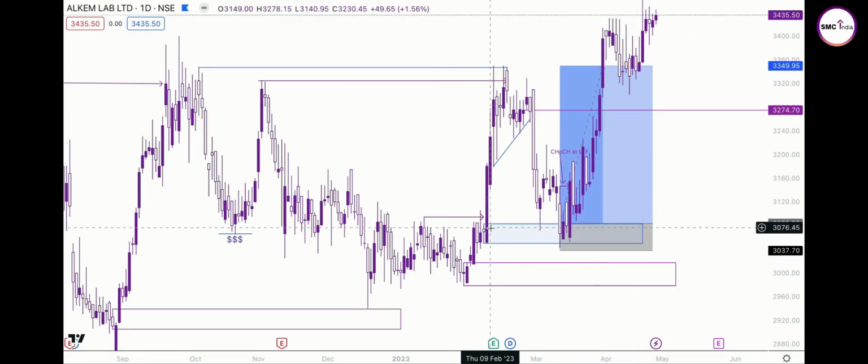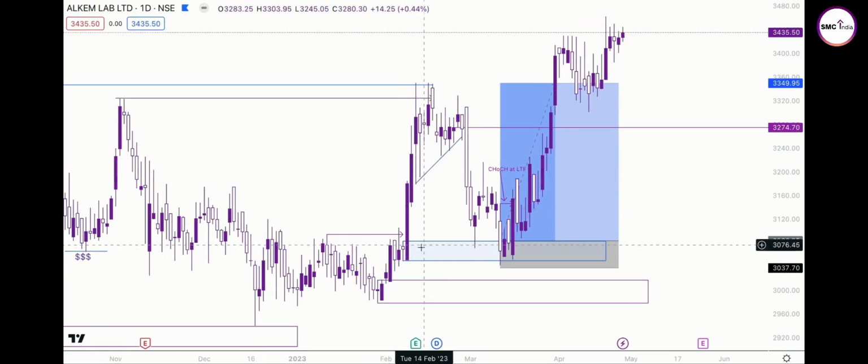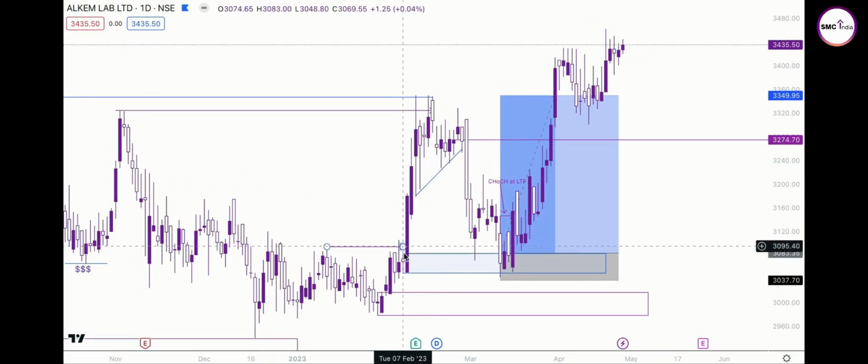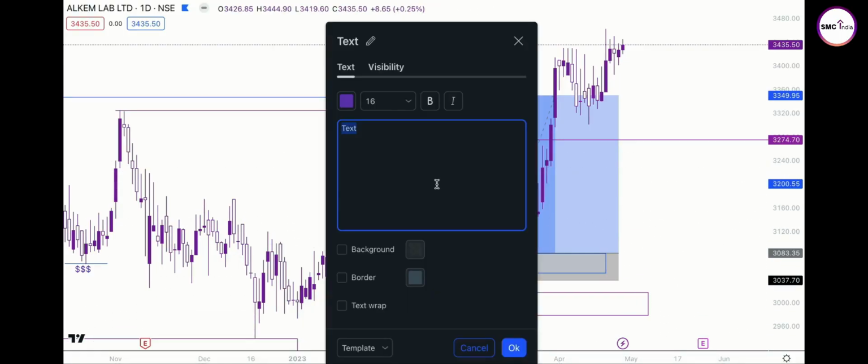So this is one order block here, and this is another order block here, and this order block has a lot of imbalances which are to be filled, and this order block to be mitigated. So you may say that this is a high probability order block, and as the price moved up, consolidated a bit, you can clearly see that the market has created a trend line here. So there is liquidity here,